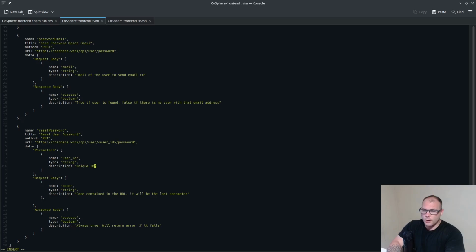So, unique ID of the user whose password is to be reset. Okay, good. Now the body will contain